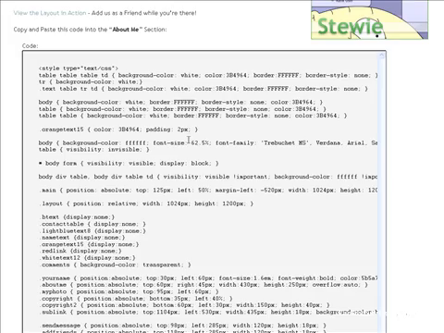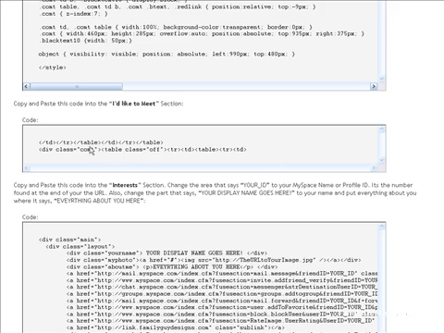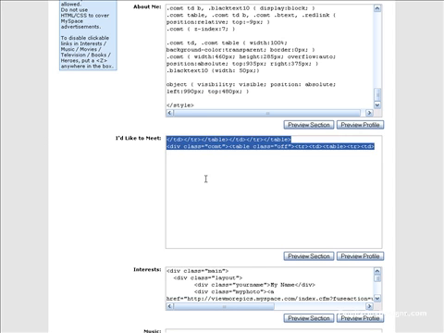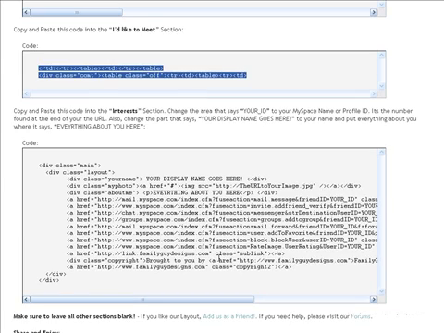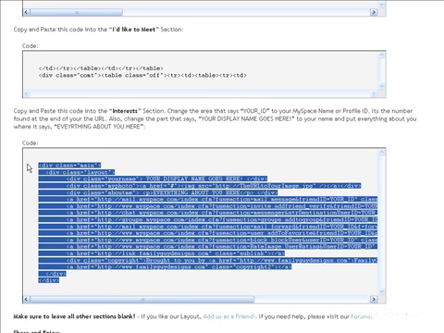And in the next section, we copy this area into the I'd like to meet section. Go ahead and copy that, paste it there, and last, third and final step, all you do is copy this